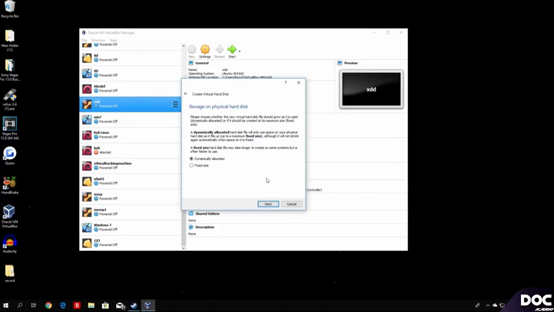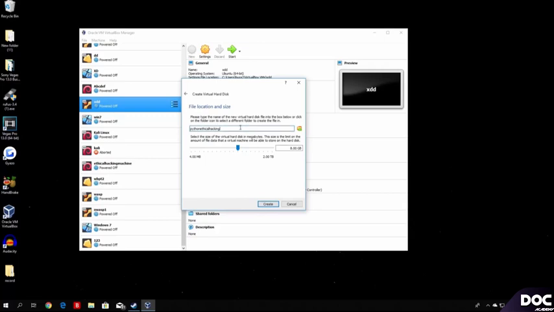Now with the fixed size, if you for example give 50 gigabytes of your hard disk to this virtual machine, it will already make those 50 gigabytes full. You will not be able to use them or do anything with them unless you delete the virtual machine itself. The dynamically allocated option will however not take any space right now, but if you actually use it, it can take up to 50 gigabytes. So click Next here. I will just leave it on dynamically allocated since it creates it faster,